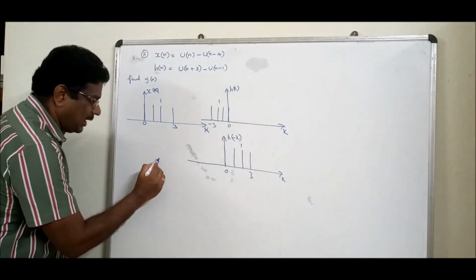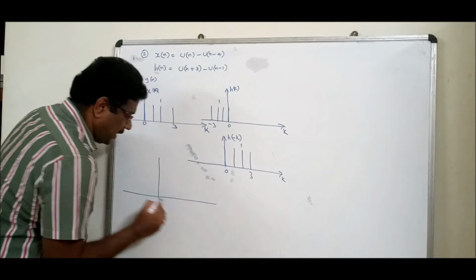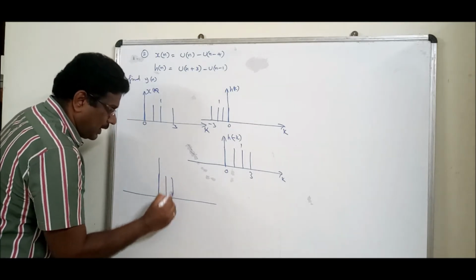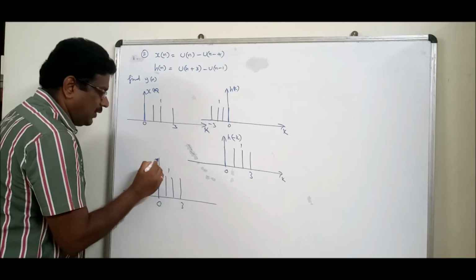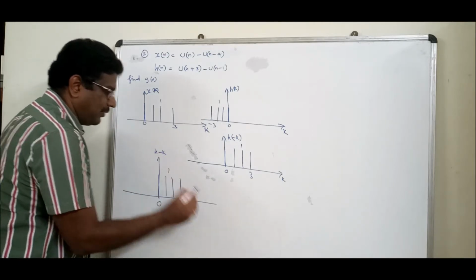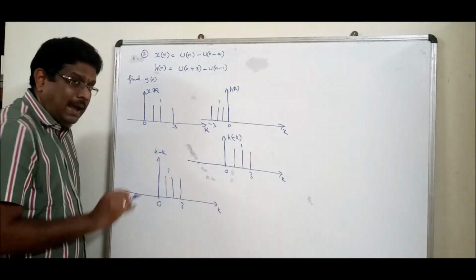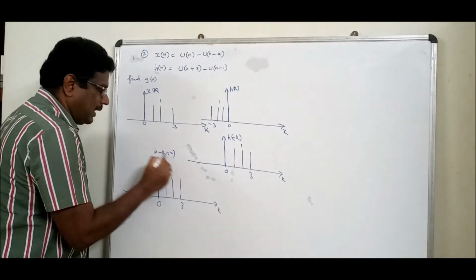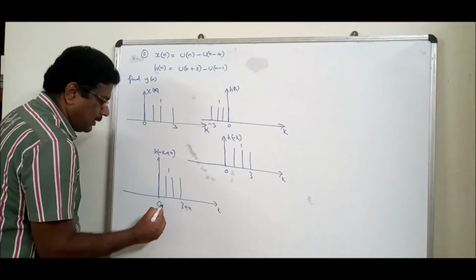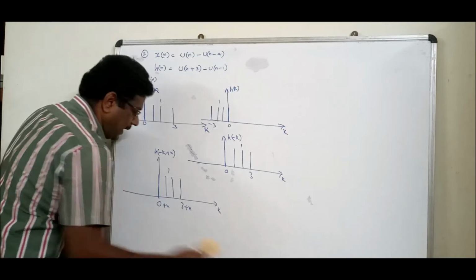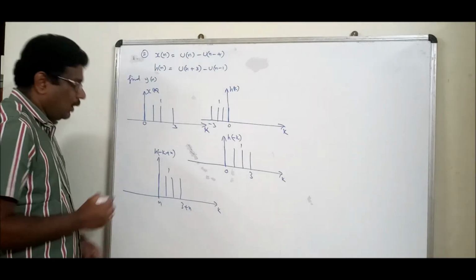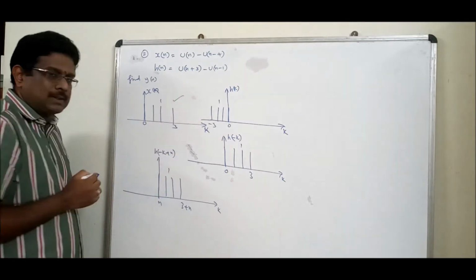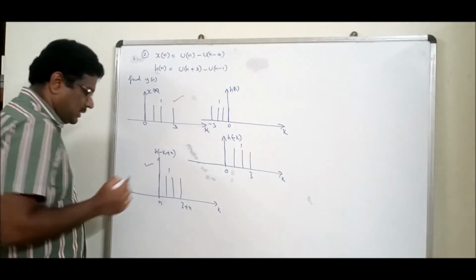Next, let us do the generalized sketch. What is the generalized sketch? I am repeatedly saying, don't write all values. First value and last value are enough. Add n, am I right? Add n, add n, add n. If you add n, what is 0 plus n? Let it be n. Now, this is your fixed sketch. This is your moving sketch.